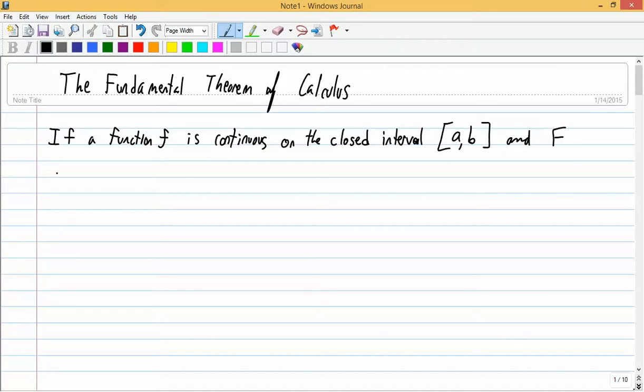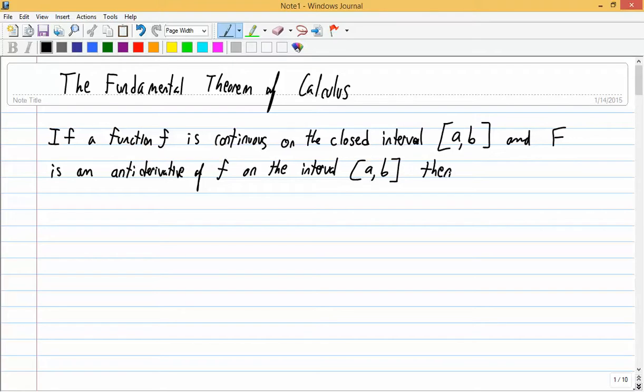So capital F is an antiderivative of f on the interval from a to b,